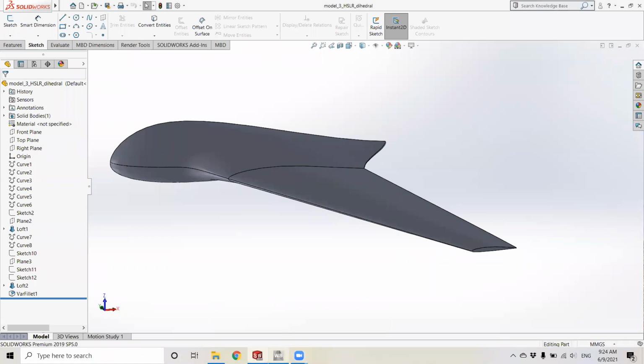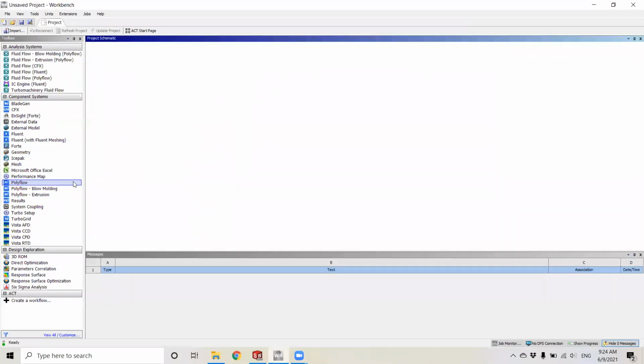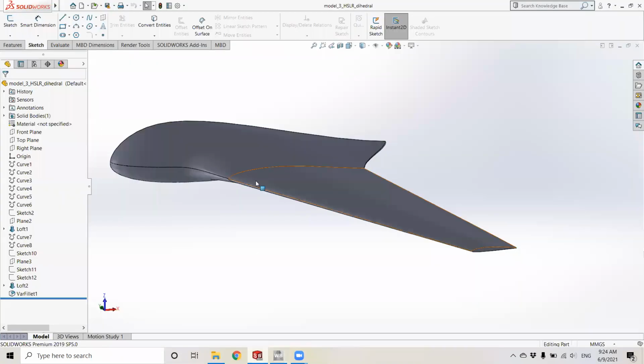Alright guys, so this is the first video of the aircraft simulation series using Ansys Fluent, and I have here the Workbench window. Let's start with that. For the way I am carrying these simulations, I'm gonna simply start by dragging the geometry tab here, and now I'm gonna show you guys what the geometry looks like